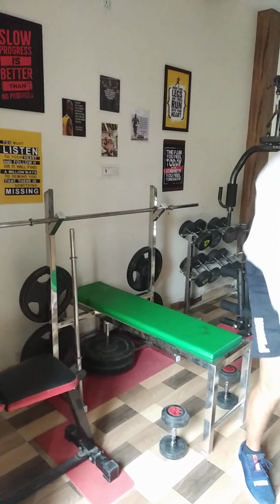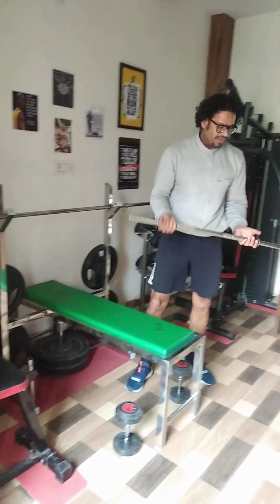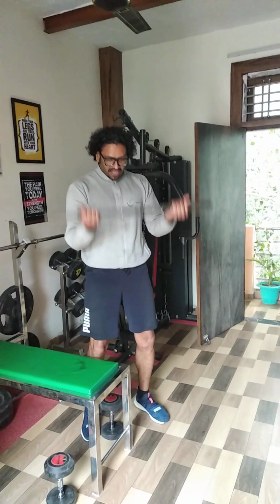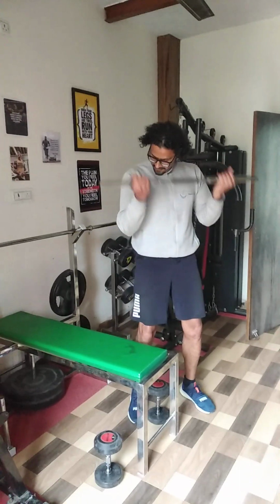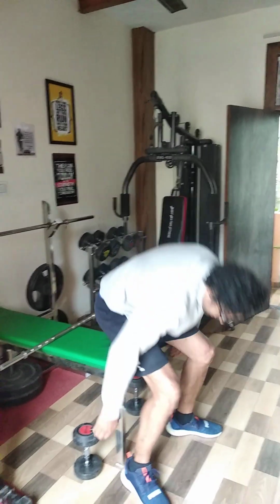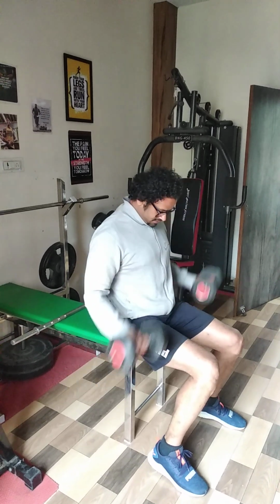And now, the main exercise today I'm planning to hit is arms. So I'm going to do a little bit more exercise during the warm-up for targeting arms. So with this curling rod, you can do like this. This is the first exercise for arm. Then you can do a little bit of dumbbells. One,